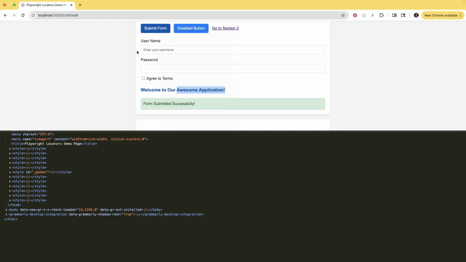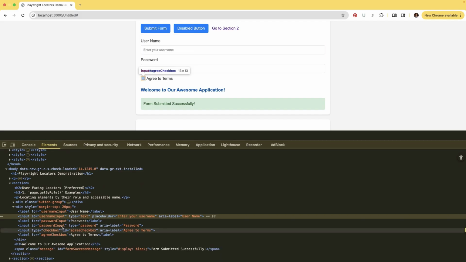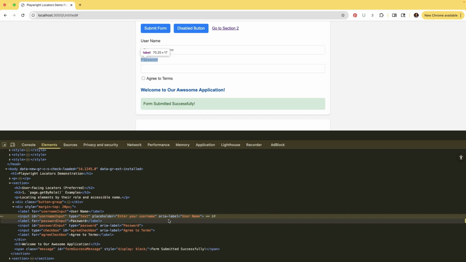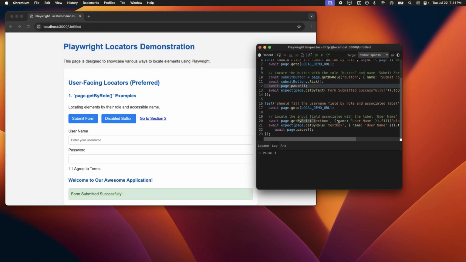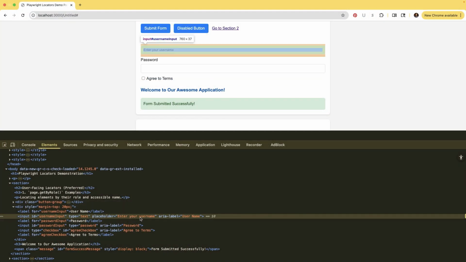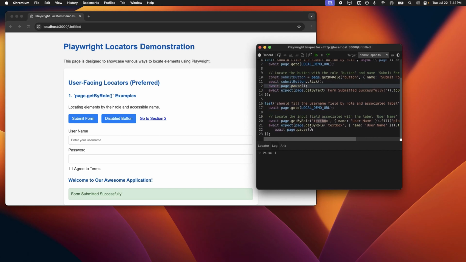So when I spy on this input field, we can see here that the ID doesn't matter. We have an ARIA label, username. So when we go to the test, we see that the ARIA label, when we say getByRole, there is a role with a name and with a type textbox. So it is a text box input tag, with type equal to text and the placeholder, enter your username. So it fills the text, and then